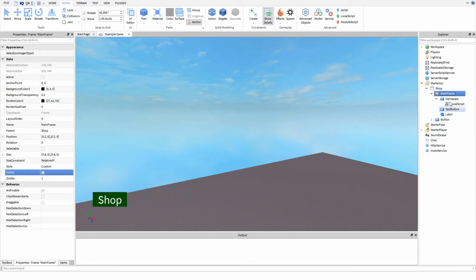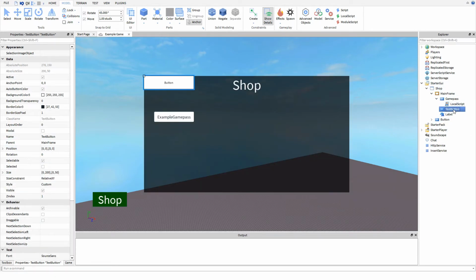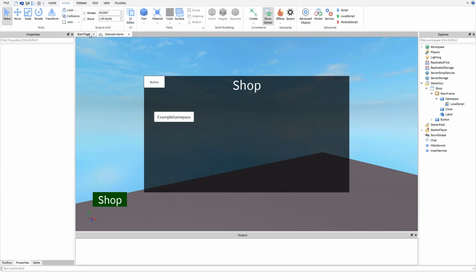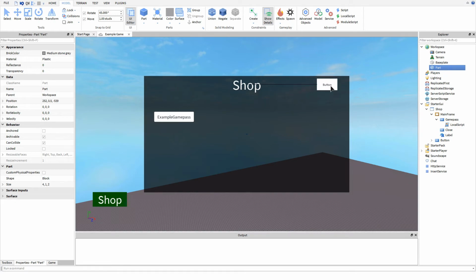One more thing, if you want to add a close button, we're going to right click, insert object, text button once again. We're going to make this visible so that we can see it. And it's going to be called close. And then we're going to once again set the size to about 0.1, 0.1, and then we're going to go to model and UI editor. We're going to drag it over here,